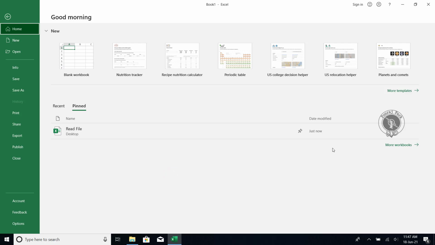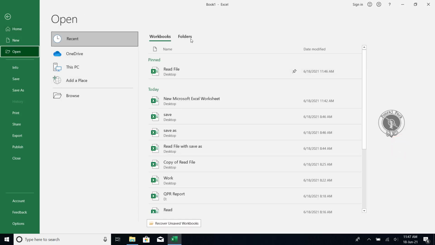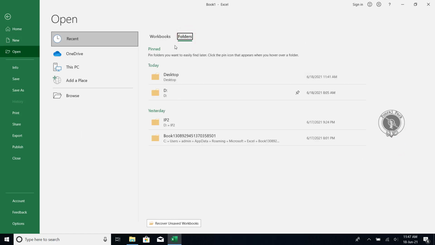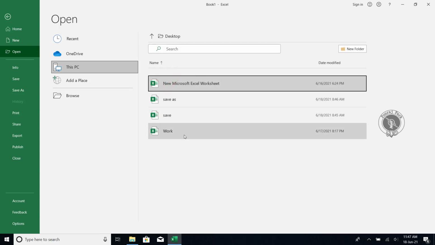If you want to add any extra file from another location, just click here on More Workbooks, and then go to the location where you have that file. Like if I go to folder view, I can see in my desktop I have these files.